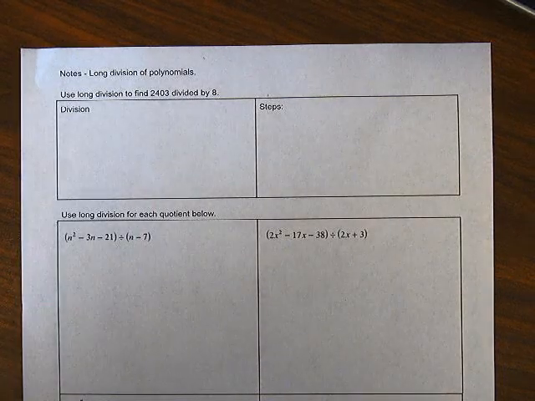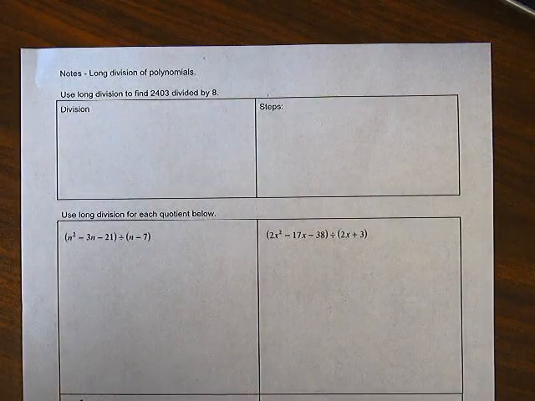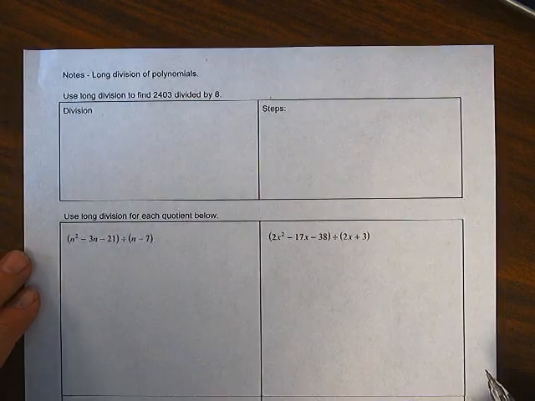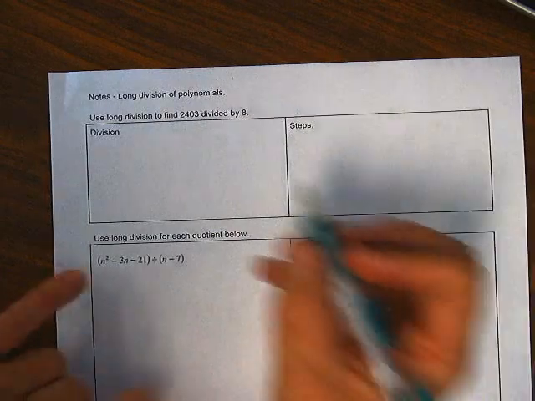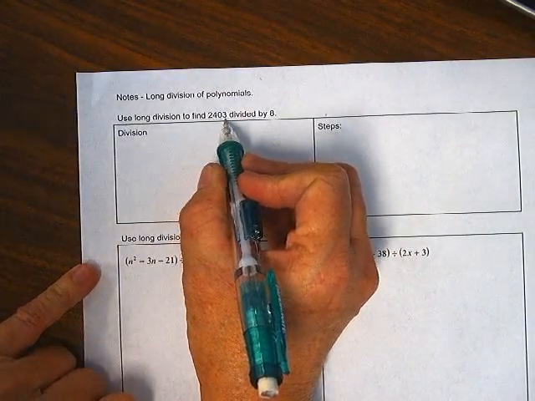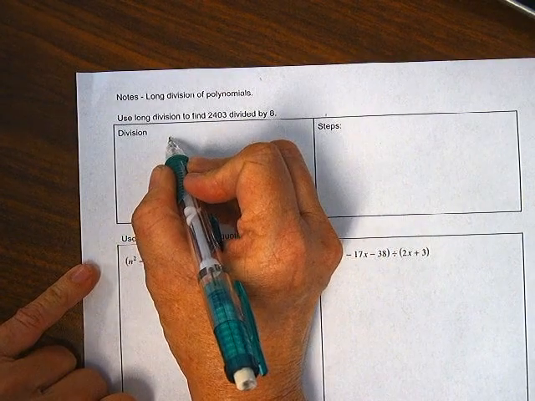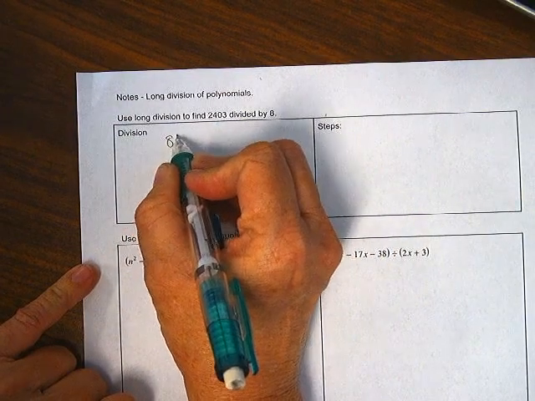Okay, this is our fourth day after Christmas. We're doing long division of polynomials. And as a refresher, we're going to take a look at dividing by numbers. So if we want to divide 2403 by 8, we would set it up as 8 on the outside and